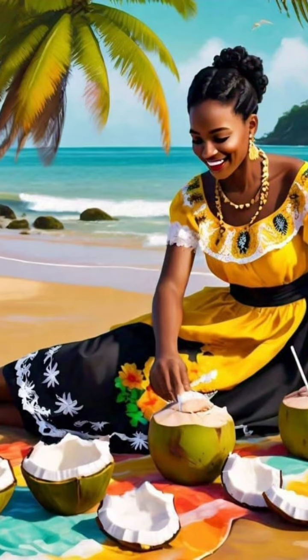vinegar and lemon is what I use and what I know that elders, my aunties, my grandmother, the older women that I knew, always cleaned their food with either vinegar or lemon. So in all of the Garifuna households that I was in, when the women were cooking, they always had vinegar